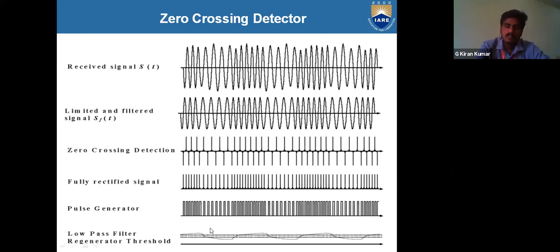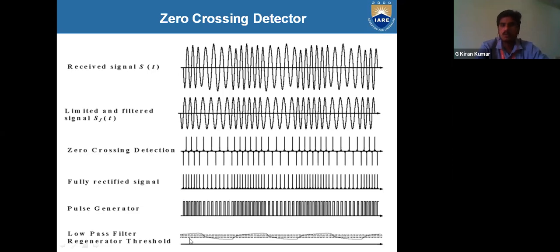That is, the low pass filter can generate the spikes or the threshold edges based upon the number of pulses presented in the pulse generator output. Here the highest amount of pulses means it is positive, and the lowest amount of pulses means it is negative. In PWM also we will see the same thing. The pulse generator generates the pulses based upon the spikes or rectified signal. After this, the pulse generated signal can be given to the low pass filter or smoothing filter.